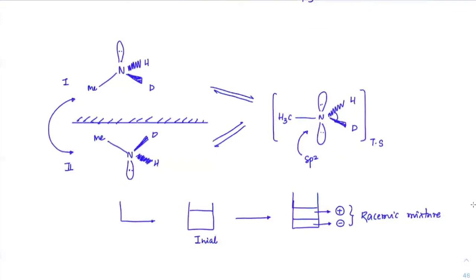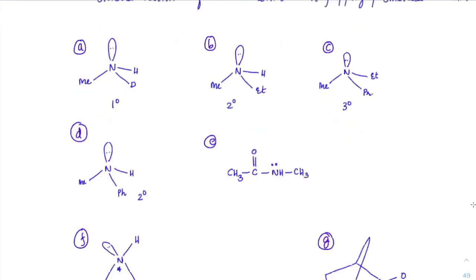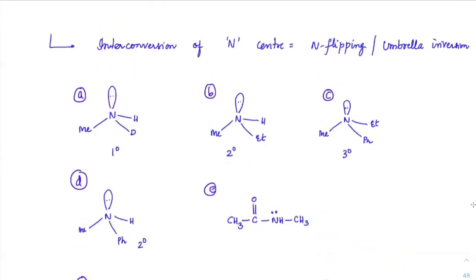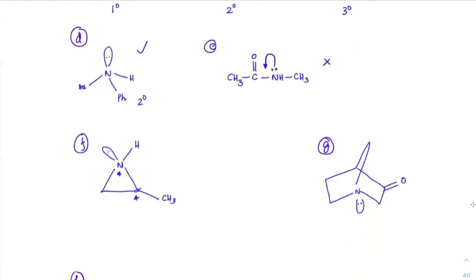Okay. So in amine inversion, if you check a few cases like A, B, C, D, E, F, and check in which cases there is amine inversion or not, here there would be amine inversion. Here there will be amine inversion because they are all straight chains. This will also have amine inversion. Here the lone pair is participating in resonance, so there won't be a lone pair available. Amides, we have discussed this before. Lone pair won't be available. Here it is a ring form, no? A ring form cannot open up, so this won't undergo inversion. So here there is no inversion taking place.